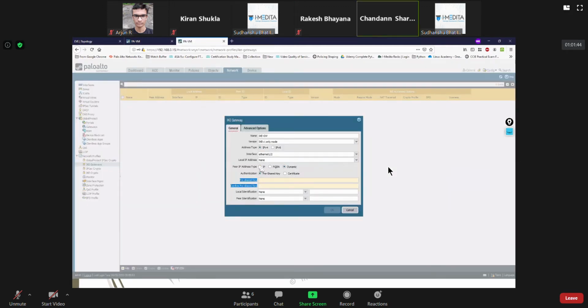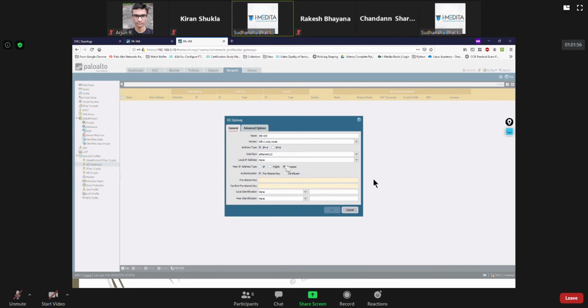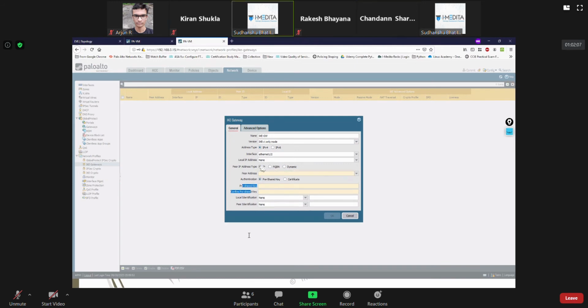So is it secure if we configure it? I don't think so. It's best to mention the exact IP address, because if you do this, anybody knowing the pre-shared key could establish a site-to-site VPN with this. So why is the option there? See, there is an option, but if you want to kill yourself, you can, right?